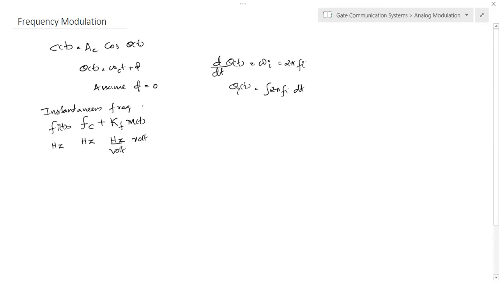Instantaneous frequency of the FM signal. But if you look at this particular equation, the signal, we need the change in the form of angle because it's cos theta of t. Now we got the instantaneous frequency, that fi of t, but we required the change in terms of angle. And before that, we can define this kf,